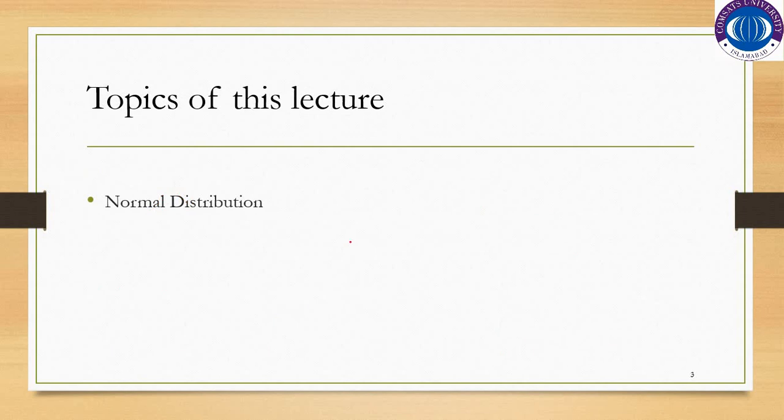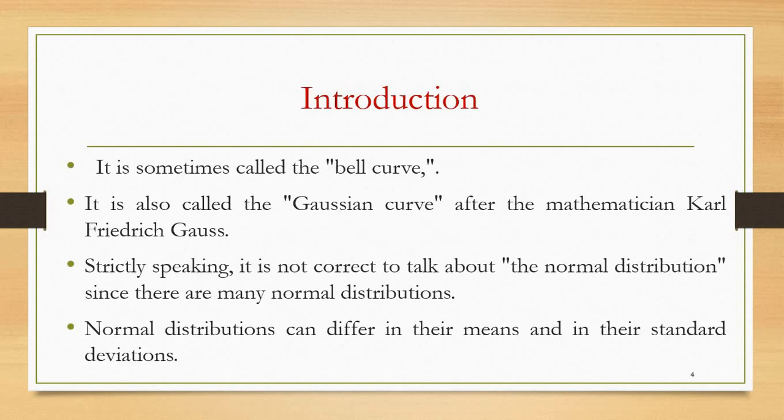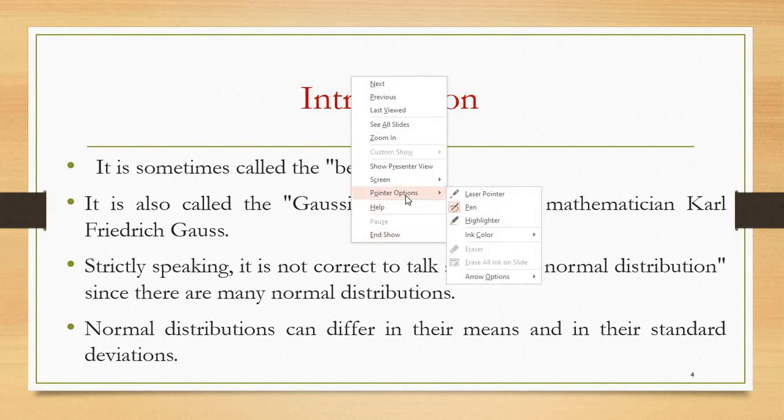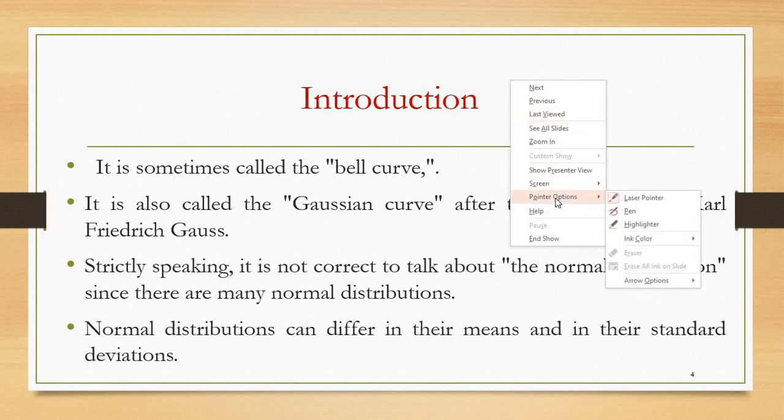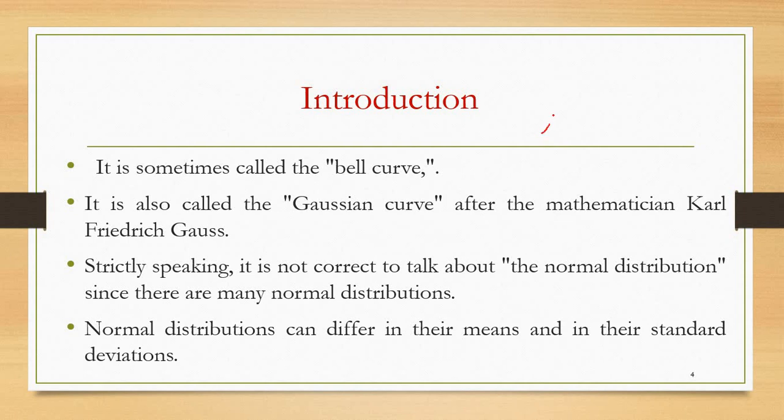The topic of today's lecture is normal distribution. We are going to study some important features of normal distribution in this lecture. Introduction. It is sometimes called the bell curve. As you are familiar with the shape of the bell, it is something like this. This is not a perfect one, but it is something like this. This is the shape of the bell,